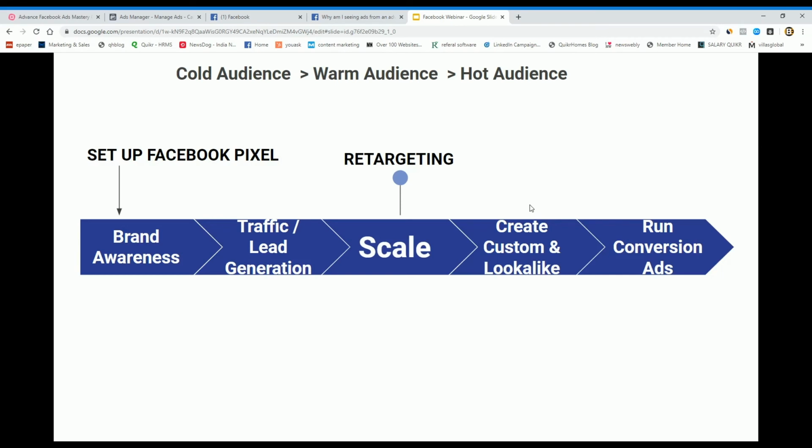Or after this you can start advertisement on conversion ads. So I taught you what conversion is. Conversion ad is all about tracking a particular URL. So this is all about retargeting and how to scale your Facebook advertisement.